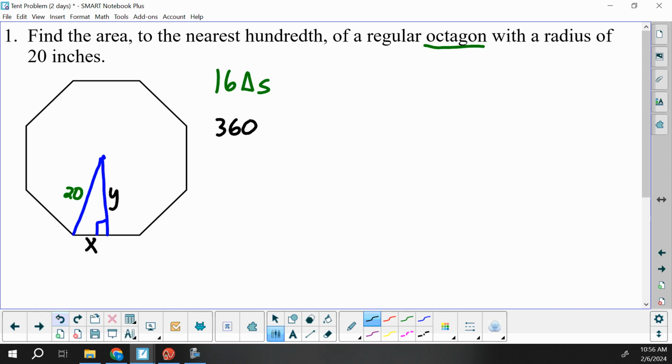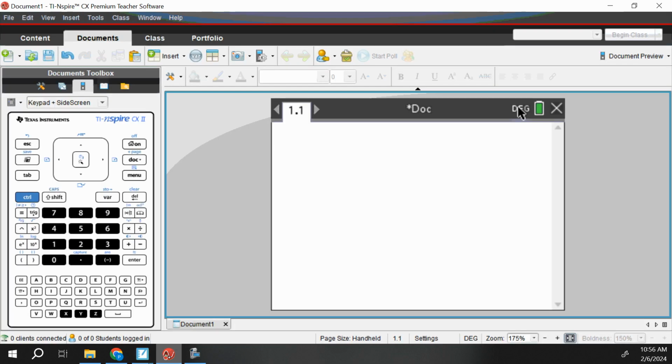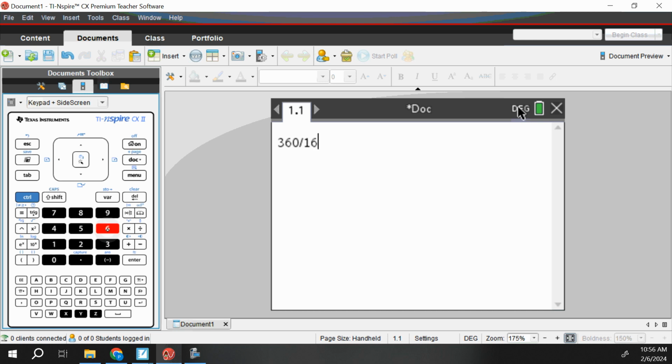That degree amount gets split into the 16 triangles. So if we do 360 divided by 16, notice it gives us a fraction. If we want that as a decimal, you can go up, highlight it by hitting up, hit enter to bring it down,